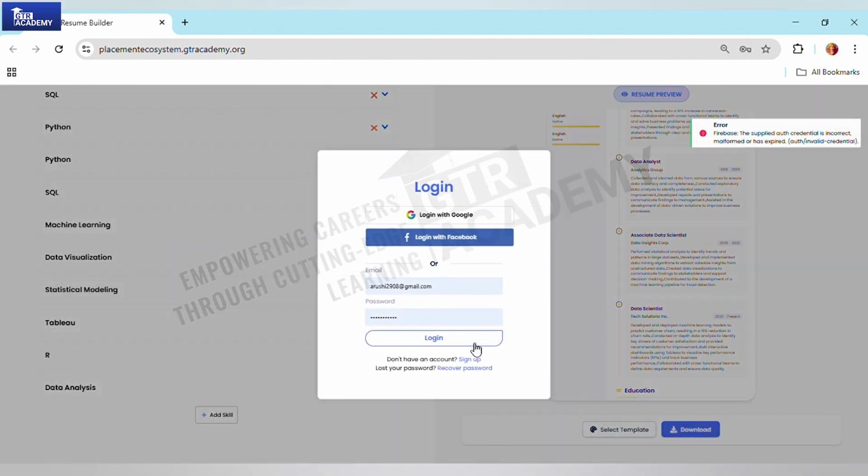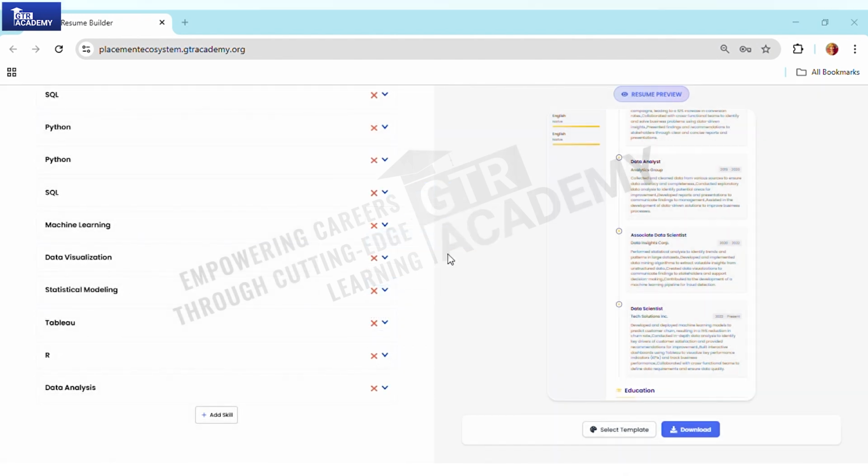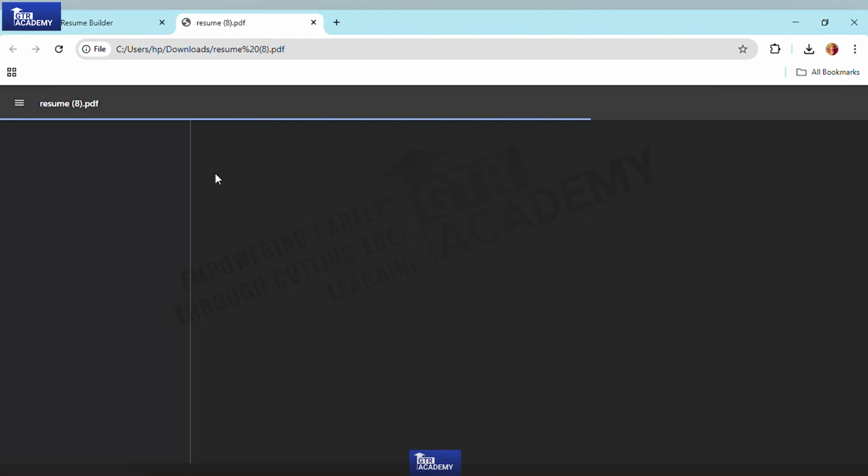So I'm logging in. Now the CV has got downloaded, and you can just open it and check.